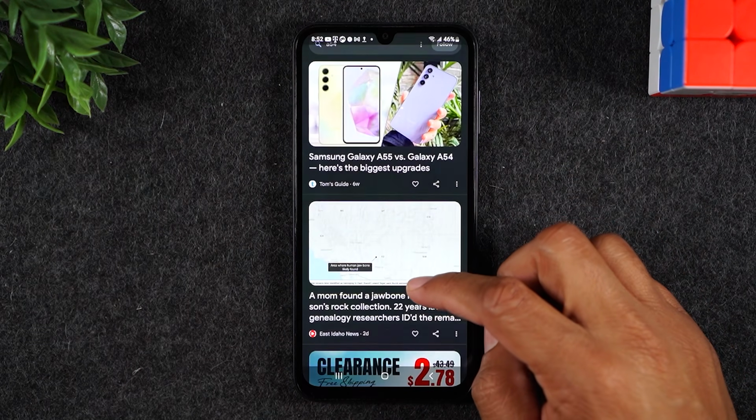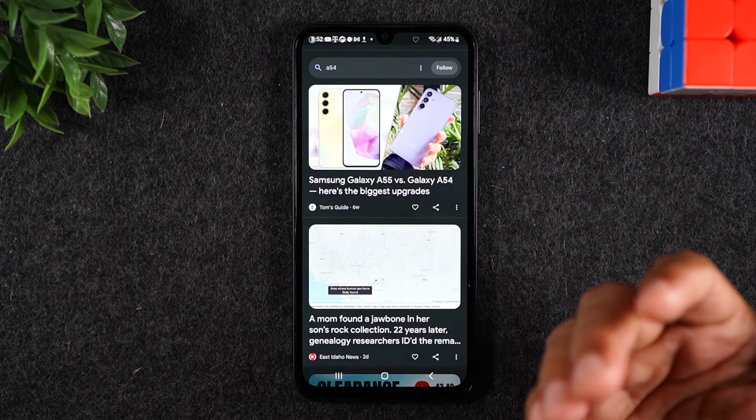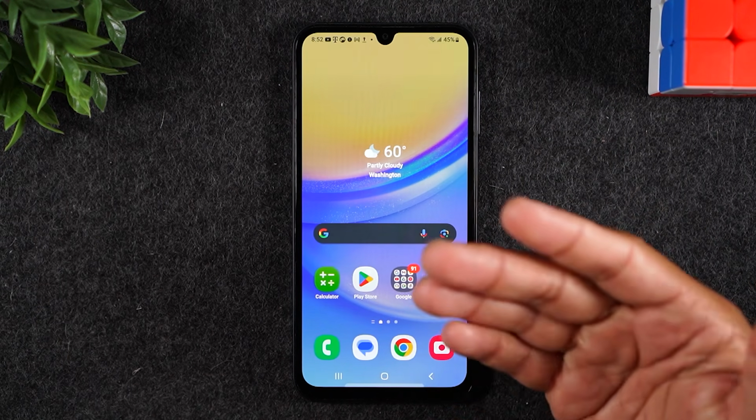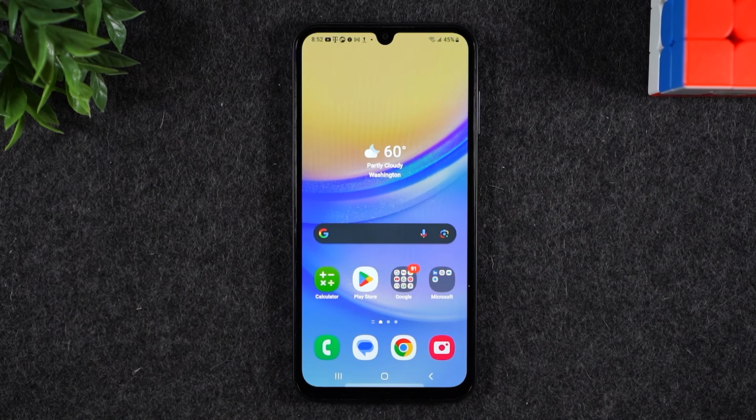Now, some of you guys may like this. I like it. I tend to use it pretty often, but I know a lot of people that think it's irritating to see Google when they swipe right. So if you want to turn this off,